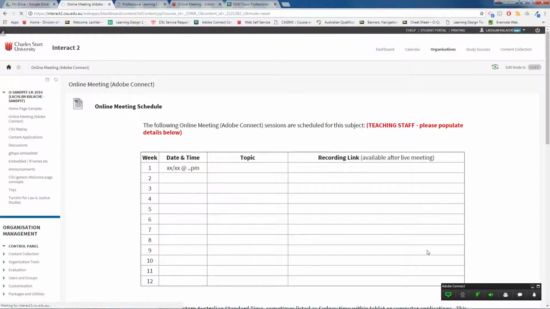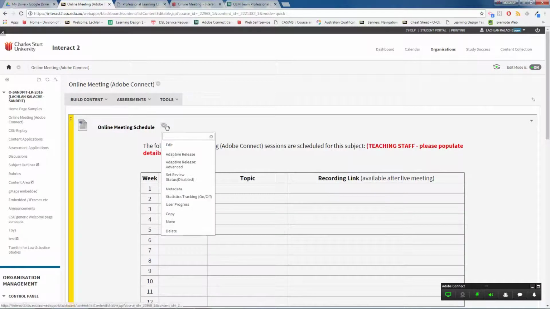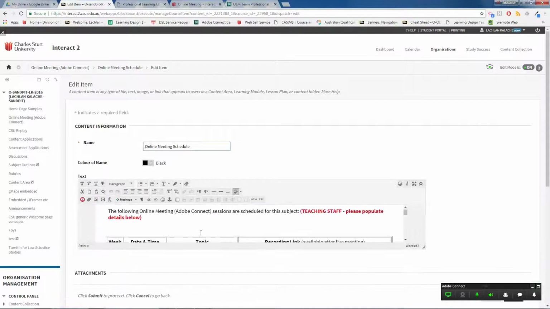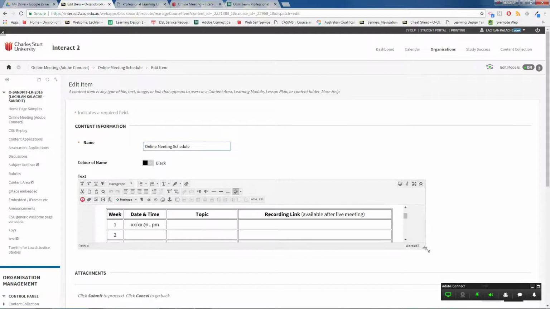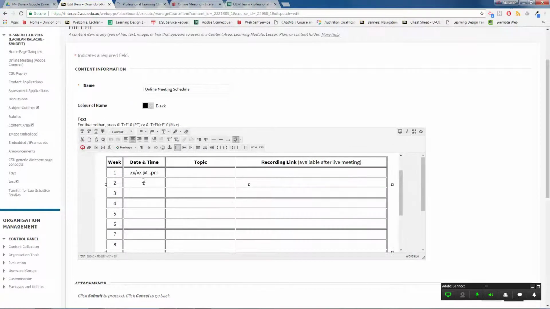So I'm going to turn my editor on, and I'm going to edit this first item, the schedule, populate the date. I'll just make this a bit bigger so we can see what's going on. Populate the date, so it's the 20th of the 7th, 18. I had an Adobe Connect workshop, and the link I want to go in here, and then I'm done. I can hit submit,